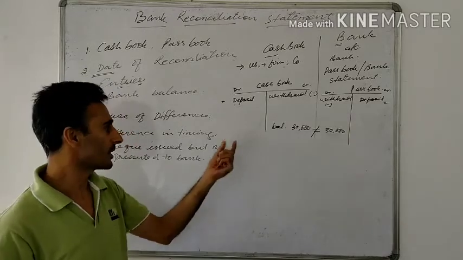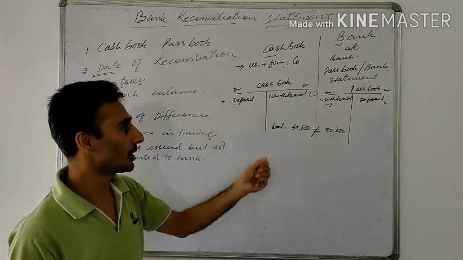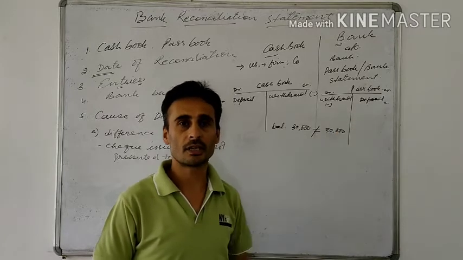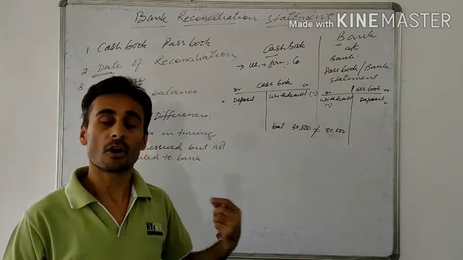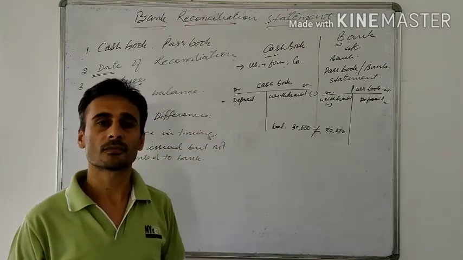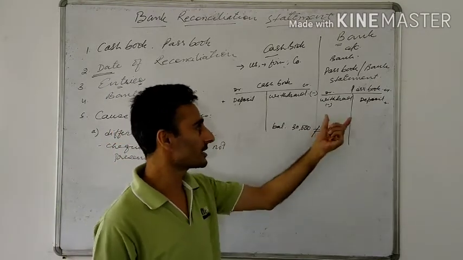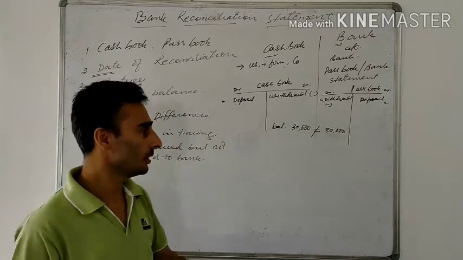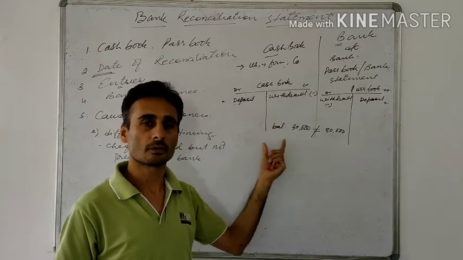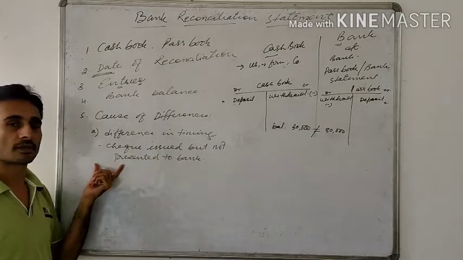Say, you have deducted this amount immediately from the cash book, but this amount will not be deducted from your account by the bank immediately. The bank will deduct the amount only when Ashok presents the check to the bank. But here Ashok is taking time. He has not gone to the bank even after 15 days. That means till 15 days the bank amount will not be deducted. So till then there will be a difference in the balances shown by the cash book and the passbook. So that's an example of difference in timing.